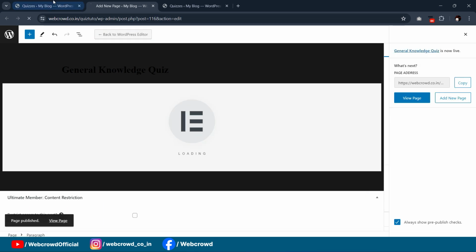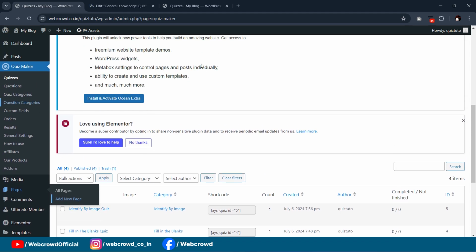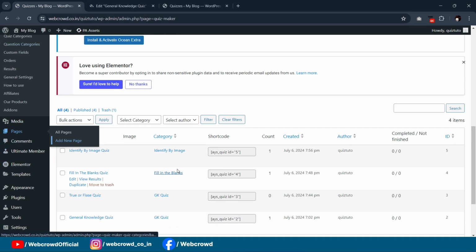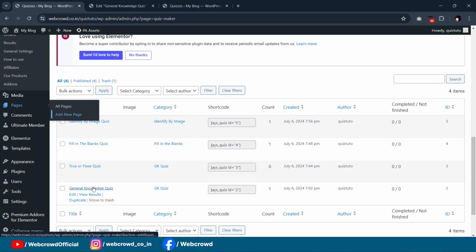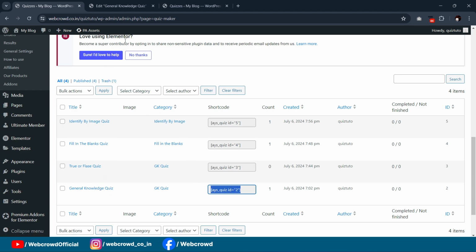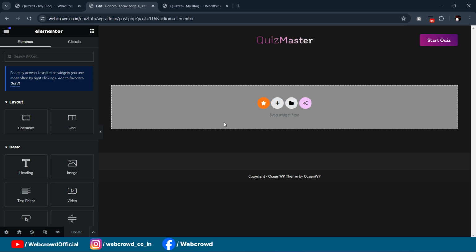Click on edit with Elementor. While it's preparing, I will just copy the quiz shortcode. So we have the shortcode over here. You can see this is the shortcode for this general knowledge quiz. Okay, I will copy it, and here